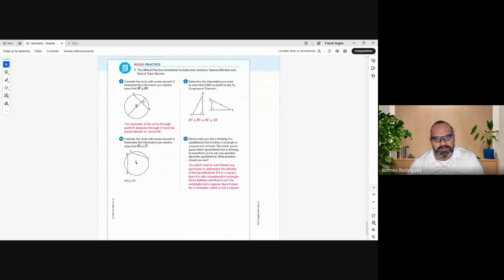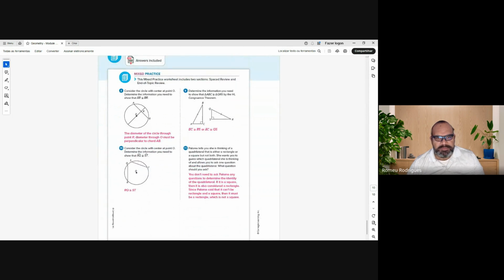Here, let's go 8, 9, 10, the last page. Find the diameter. Okay, consider the circle here to show that AR is congruent to BR. As you know, the diameter of the circle through the point R, the diameter through O, must be perpendicular to the chord. Okay, we know this must be perpendicular to the chord, 90 degrees. Then the angle is the same. Okay. Next one,